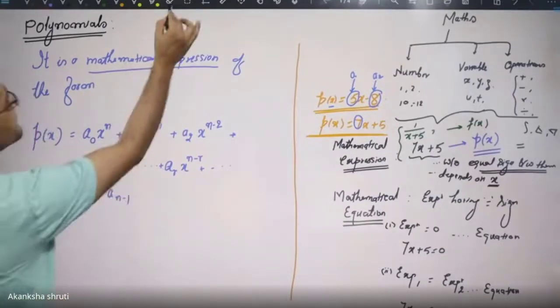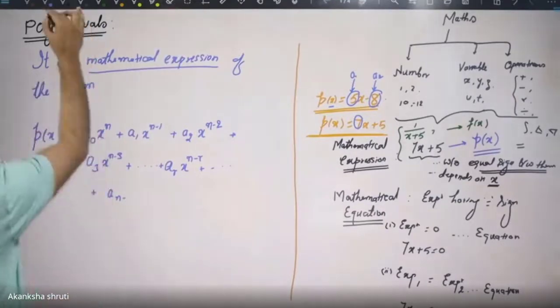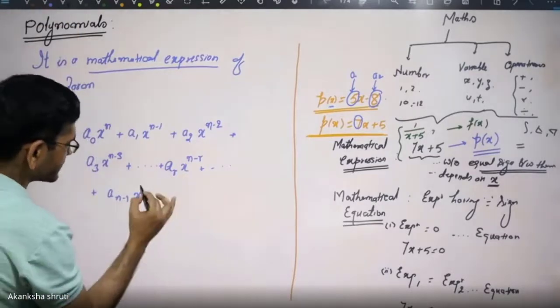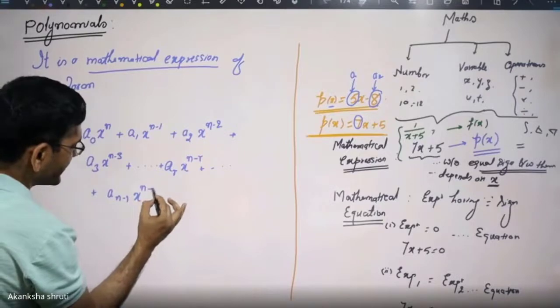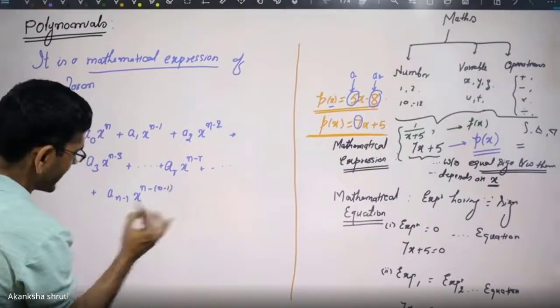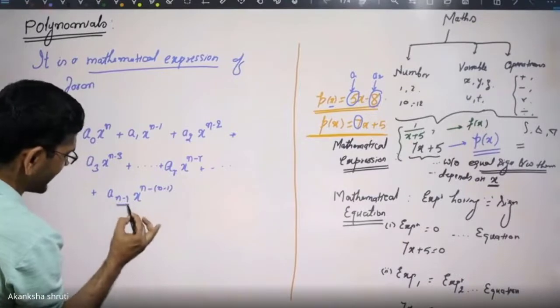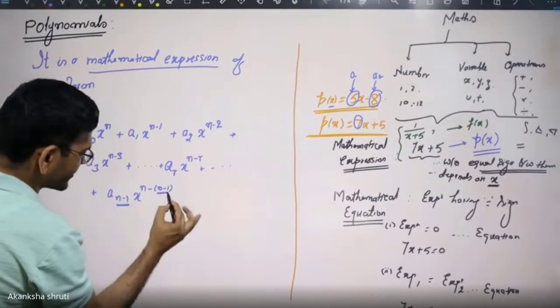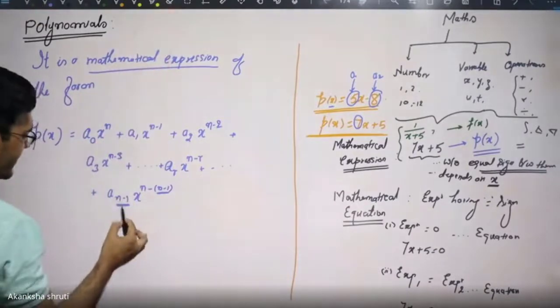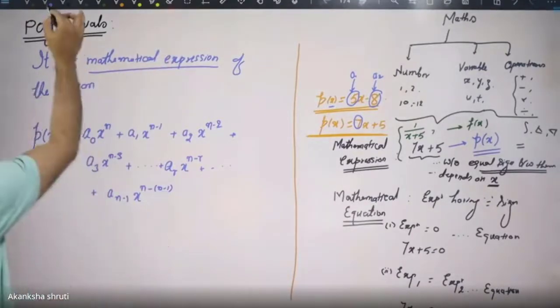While taking this n minus 1, x to the power n is already there, minus of this n minus 1. Keep it inside the bracket because the suffix is n minus 1. So this n minus 1 needs to be subtracted from this n. That's why here we have kept it inside the bracket.